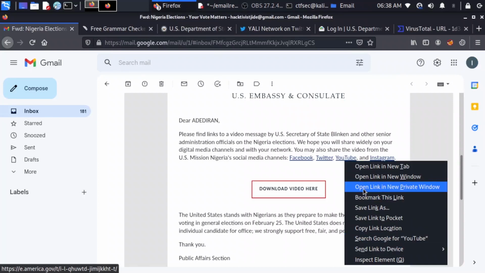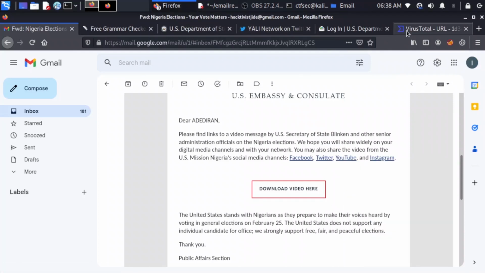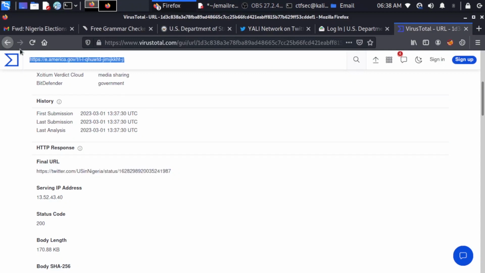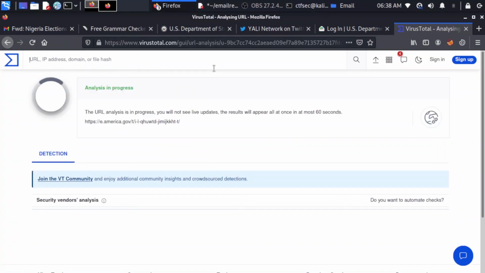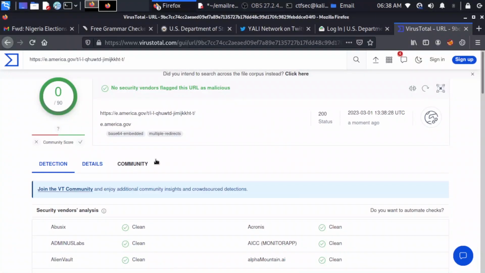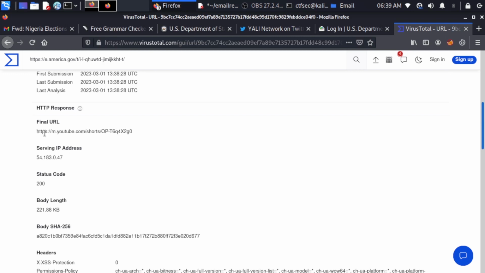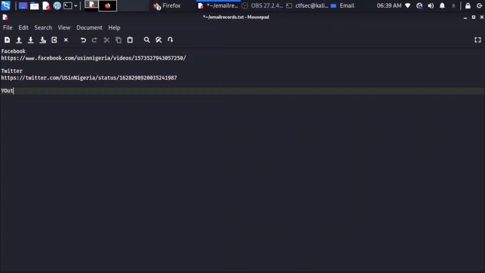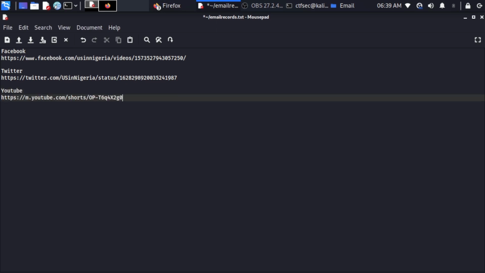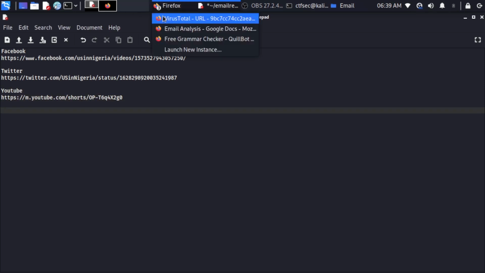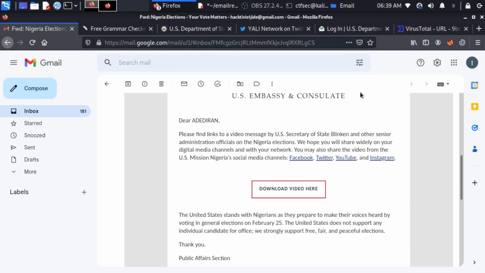YouTube. So I can just copy link location, go to VirusTotal and replicate the same process. Okay, nice. We'll go to details, we'll scroll down to final URL and we can grab the YouTube URL. So copy and let's indicate YouTube. And I think lastly, do we have another link? We have